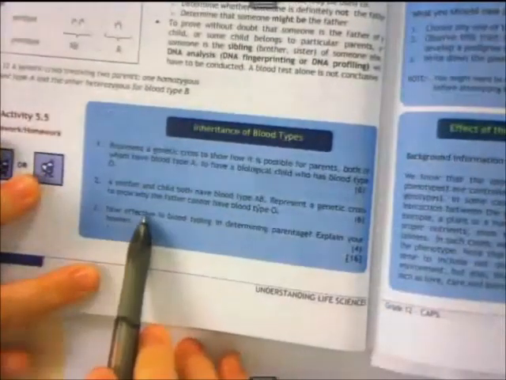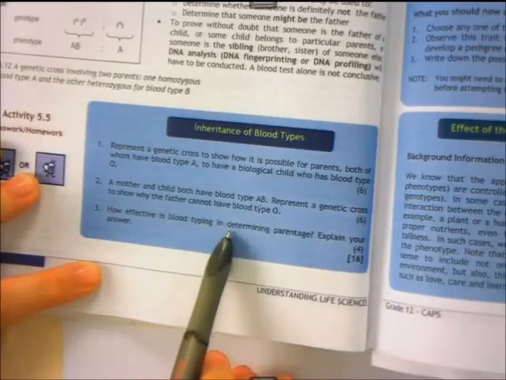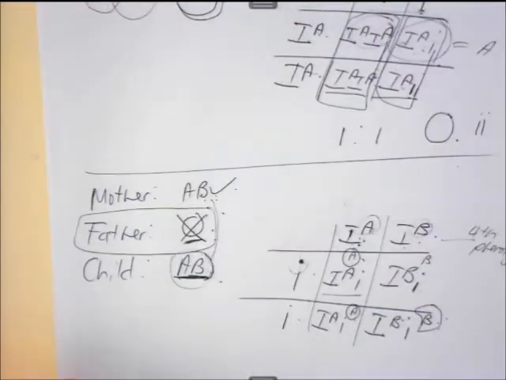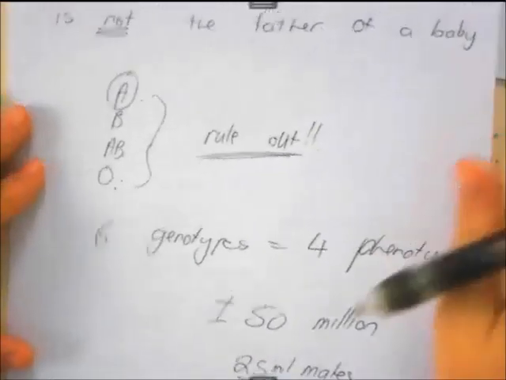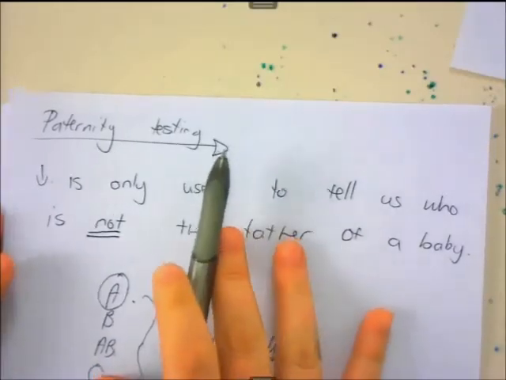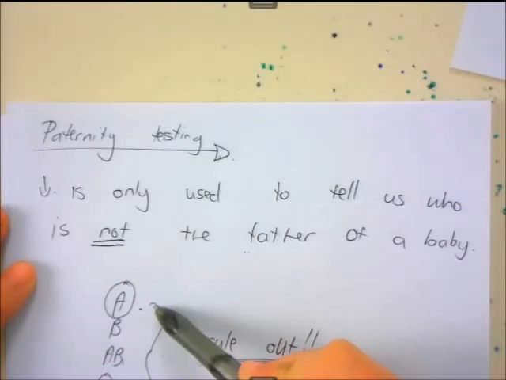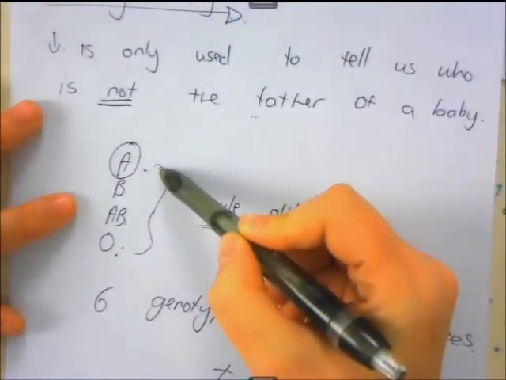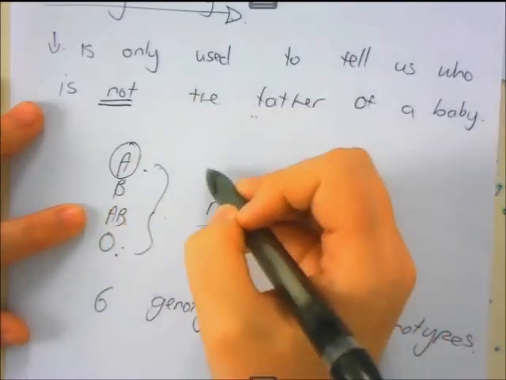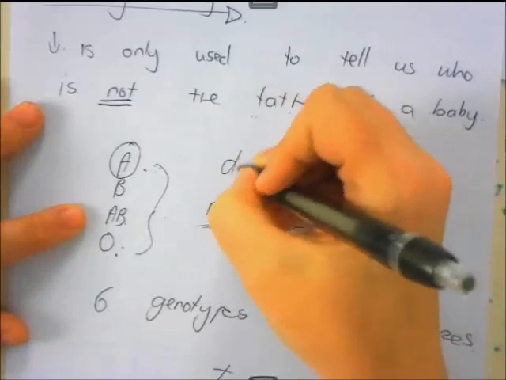And then the third thing which they speak about, which we have kind of looked at already, is how effective is blood typing in determining parentage? Explain your answer. That comes back to our page over here, where we said that paternity testing is not going to be proven by only looking at blood types. What you're going to have to do is use something else to prove paternity,